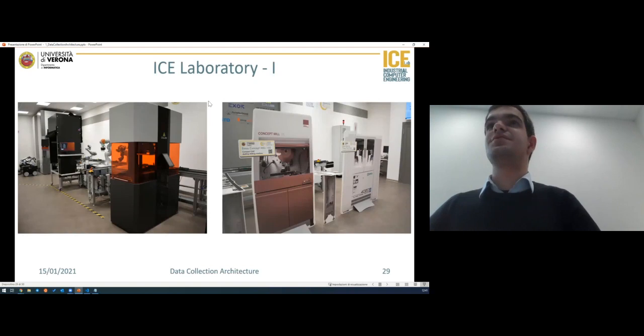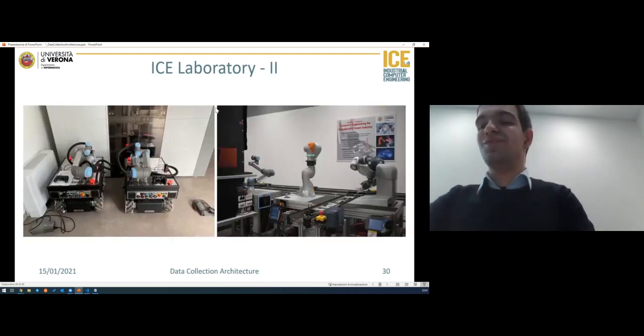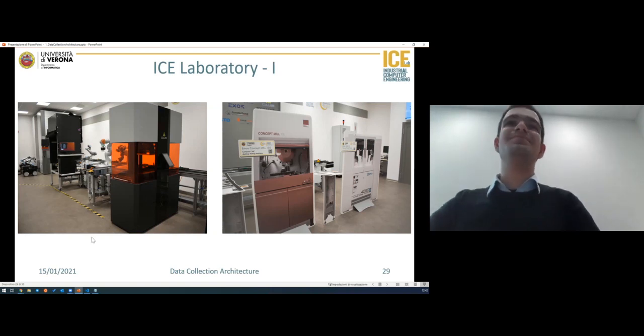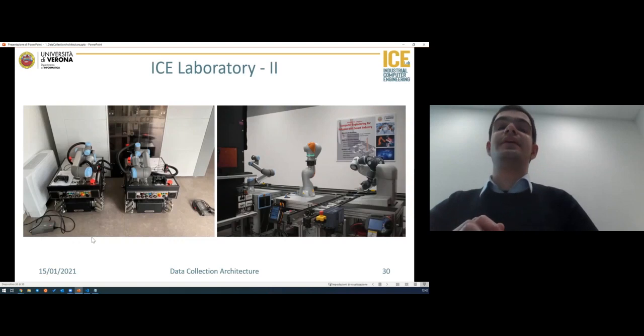Here I have some screenshots of the lab. I think that all of you know, or at least all the history of the lab and its goals. So we can see here the different machines. Some are already here. Others will arrive soon. And the important thing is that each of the machines you see here